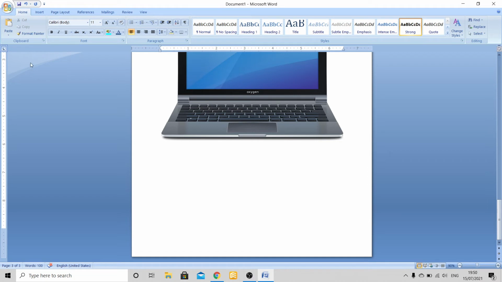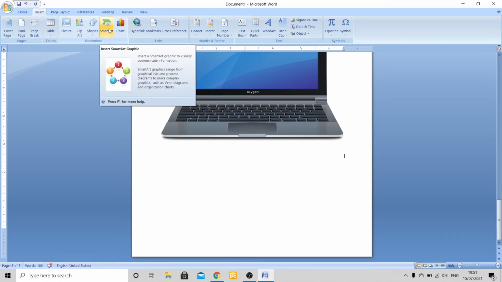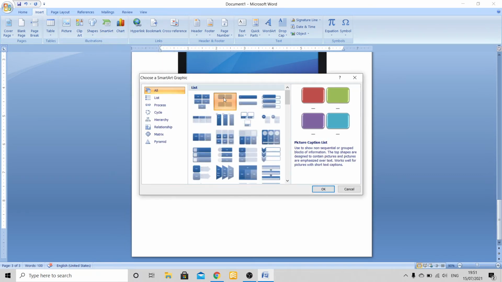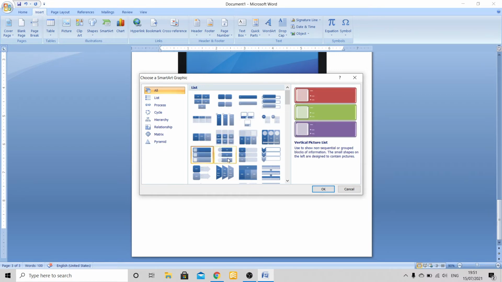Now next we have inserting a smart art. Now smart art, let us see, same procedure. Go to the Insert tab and next to clip art you have smart art. Here just select and get the bullets which you want. This helps you to write some important lists or give some bullets to your document, whatever you want.